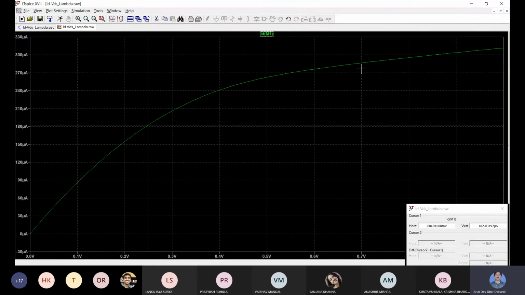This is also important: during the preparation of your report you can use this facility and find out the different required parameters for the channel length modulation, ID1, VD1, ID2, VD2. You can also find the threshold voltage from this type of marker. Move the cursor towards the point where current is increasing, where our current plot is leaving the x-axis. At that point, see what the value is. So it will save time also. This is the demonstration which is required for today.